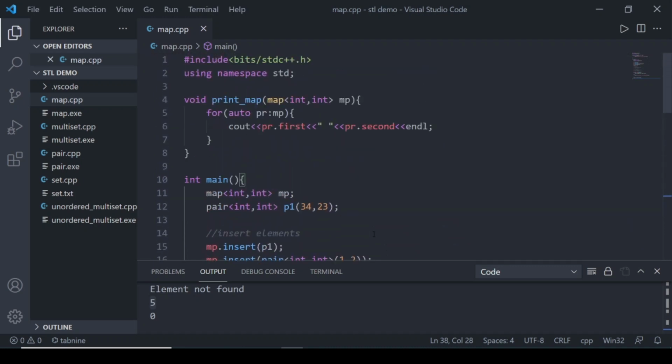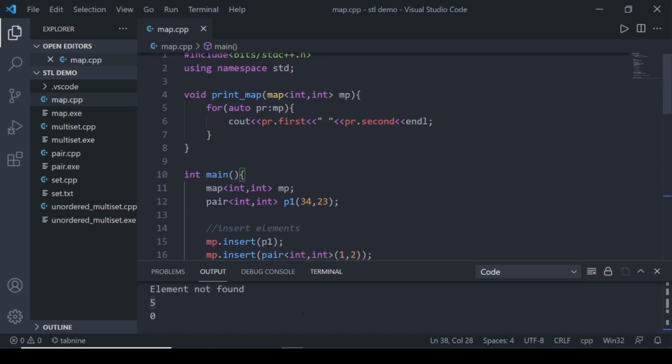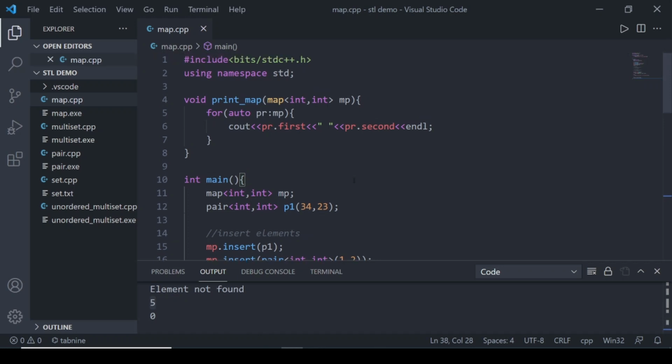And now let's see what is unordered map. In the map, all the elements, meaning the keys, are in a sorted form, but in unordered map the keys will not be in the sorted form. All the other things in the map and unordered map are the same, all the member functions would be the same, just the difference is that the keys are not in sorted form as in map. So it depends on a particular use case. If you just want to find some element from a map and just use that, then you can go with unordered map. But if you want sorted data, if you want the keys to be sorted and you want to access the elements that way, you should use map.